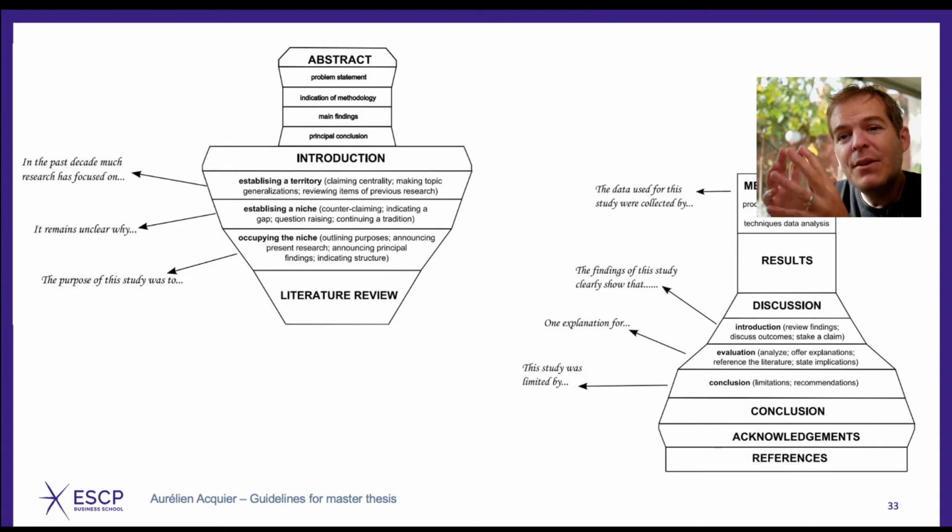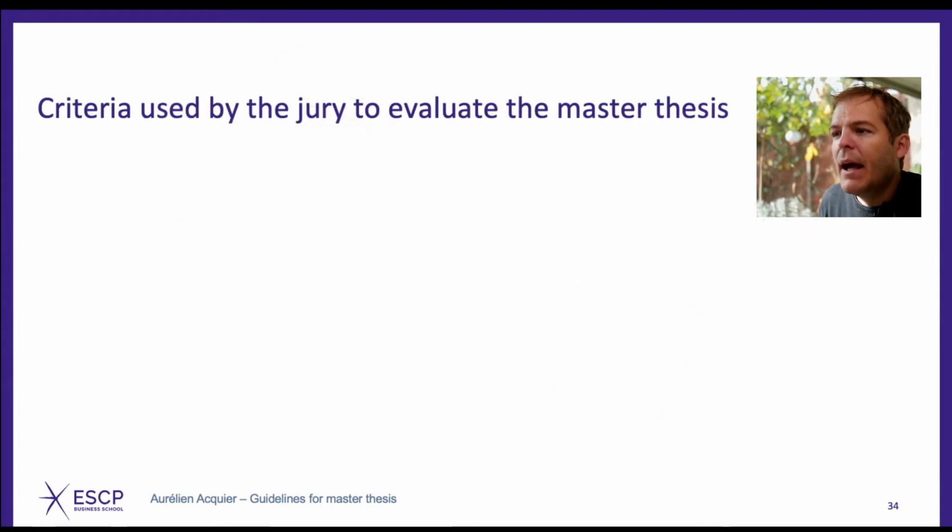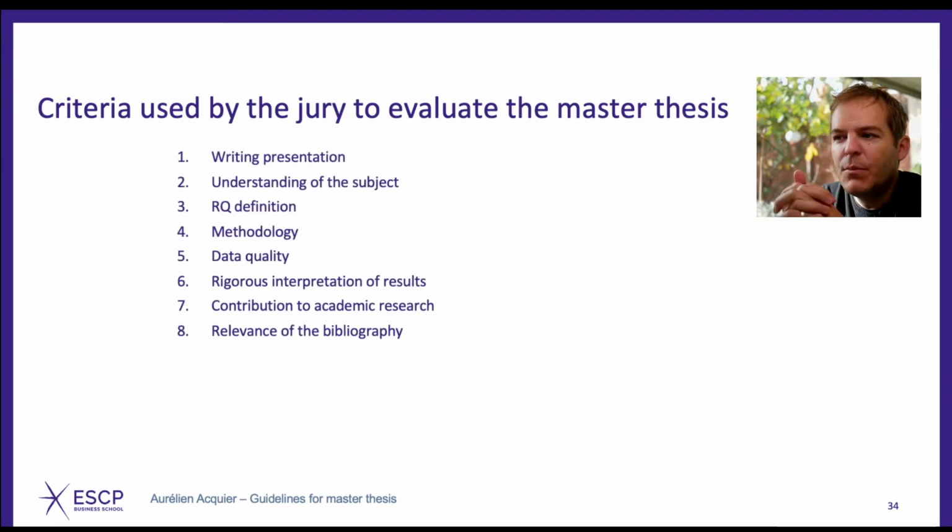So that's really standard, no originality here, but it's good that it's framed and you know how to do it. What are the criteria we will use to evaluate the master thesis? Writing and presentation, understanding of the subject, research question definition, quality of the methodology, quality of the data, rigorous interpretation of the results, contribution to academic research, and relevance of the bibliography. I don't think it's really useful to develop these because they are coherent with all the exchange that we have had